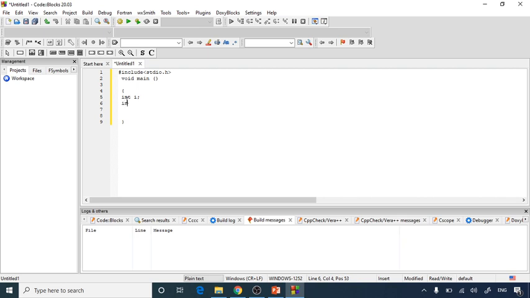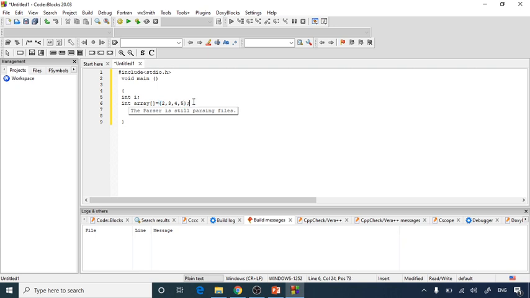Now I'm going to create one integer array. So int is the data type of my array and I'm going to give the name as array. Let's not give any size right now, we will define the size afterwards. Here I'm putting some elements, that is 2, 3, 4, let's give one more, that is 5.